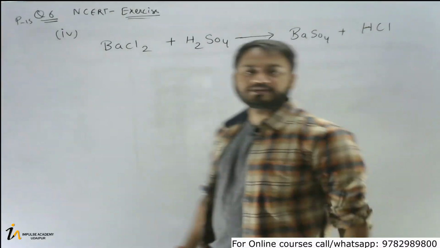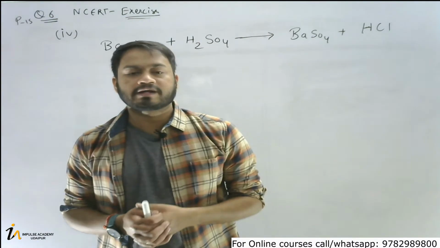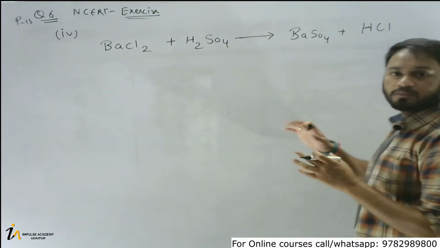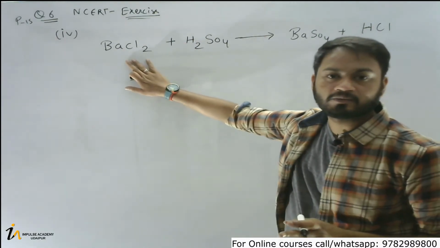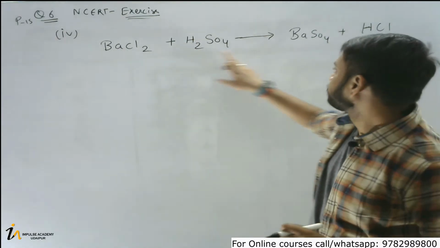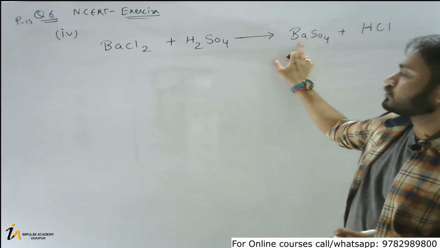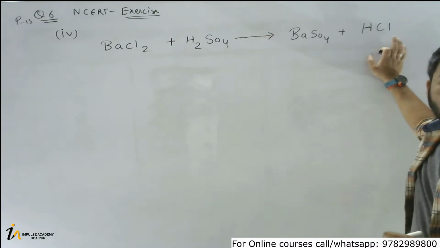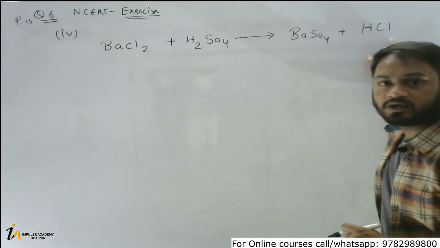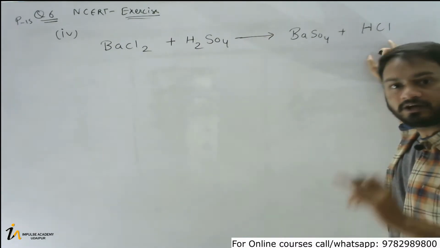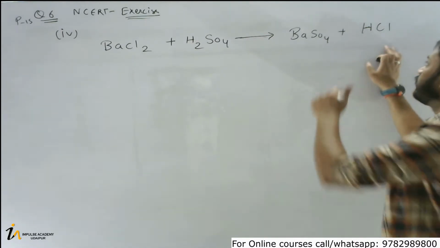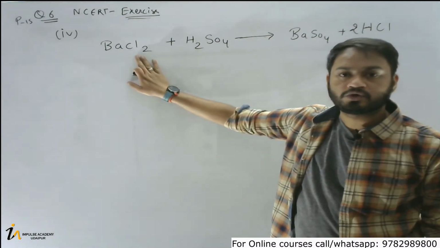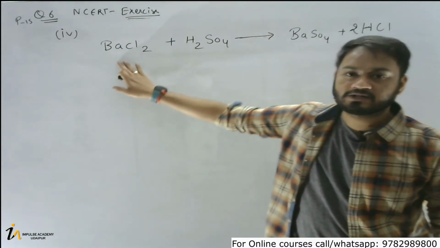So chaliye friends, let's see the direct method of how we can directly balance the chemical equations. What you need to do is observe all the elements so that we can calculate the number of atoms. So Ba here it is 1, here also it is 1. So Ba is already balanced. Cl2 here it is Cl1. So we need to balance the Cl. How can we balance the Cl? Right now only you will need to balance it. How? By writing 2 here. If you write 2 here, the Cl will also become 2. So both are balanced. Ba is also balanced.